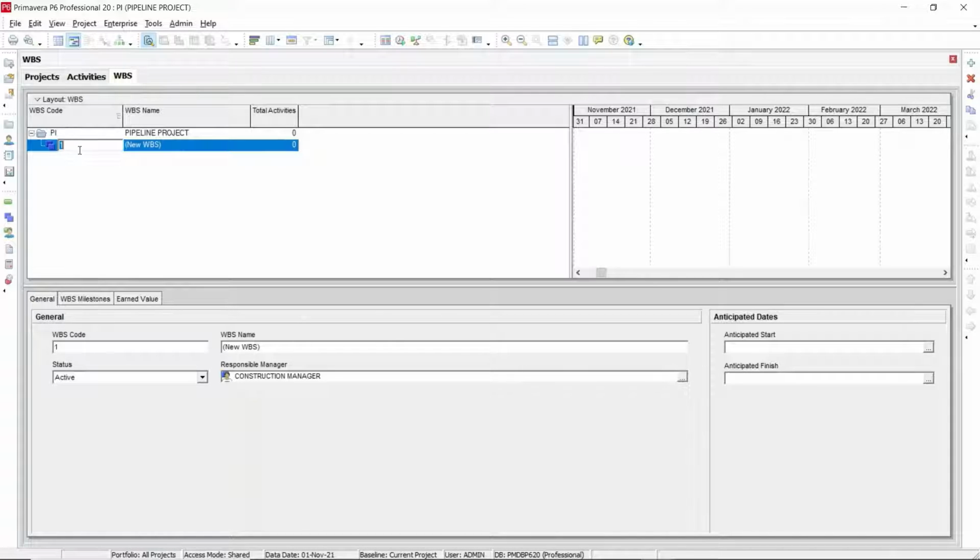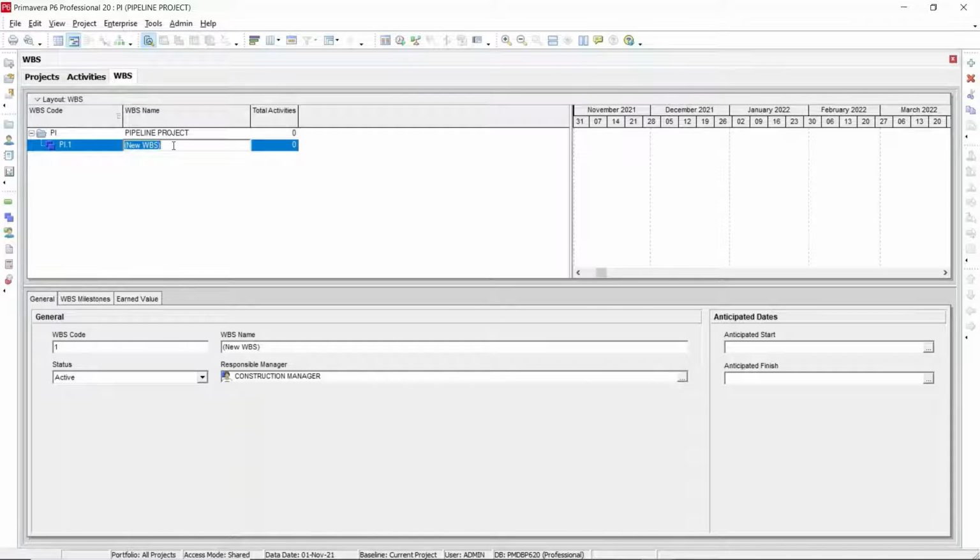If you want to add the WBS code, you can add it, or it will automatically generate the WBS code based on the project code which you have already assigned. Now you can see here it's following the PI, that is the pipe installation. It just follows the project codes, whatever codes you gave when you created the project.